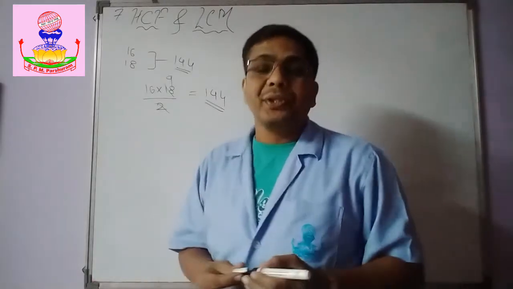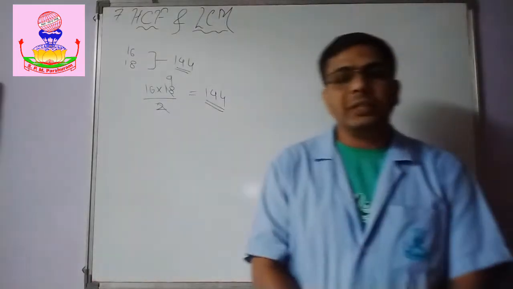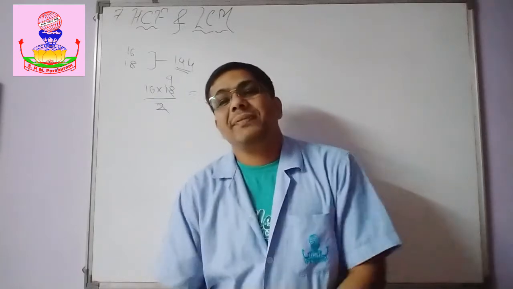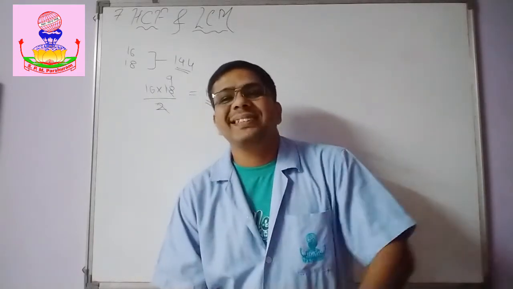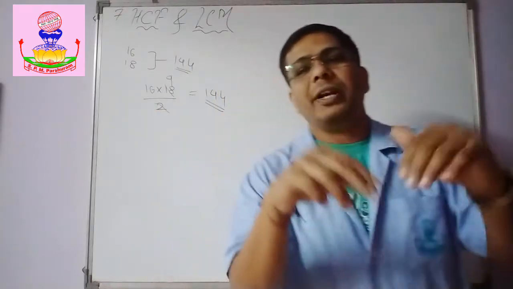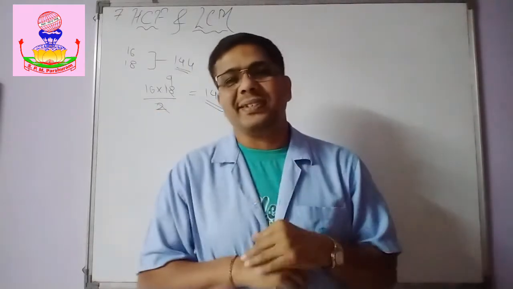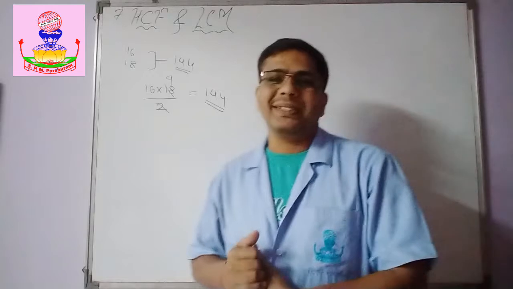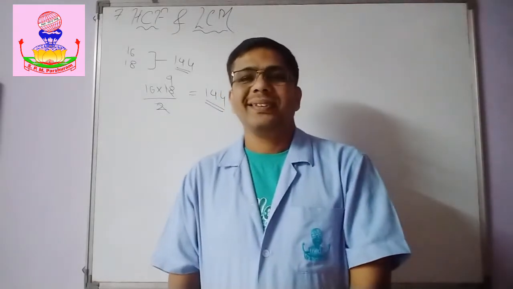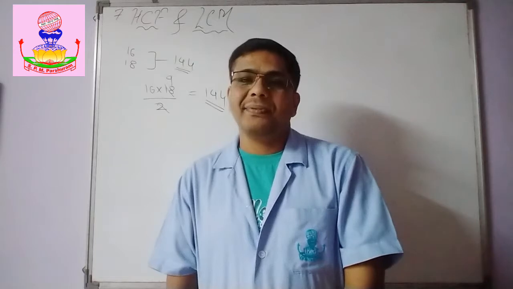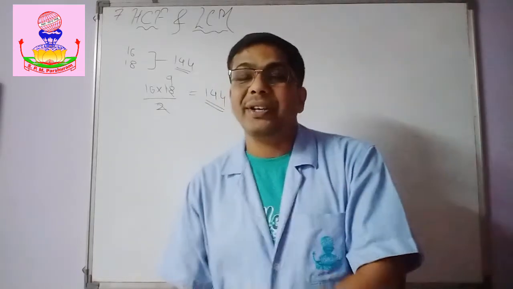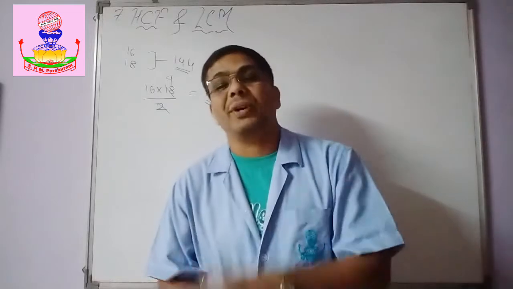Do you understand? So, if there are two consecutive even numbers, then HCF is always 2. If there are two consecutive even numbers, then LCM is always half of their product. So, multiply them, divide by 2, that will be your LCM. Now, what about odd numbers? If there are two consecutive odd numbers, then the HCF is always 1.